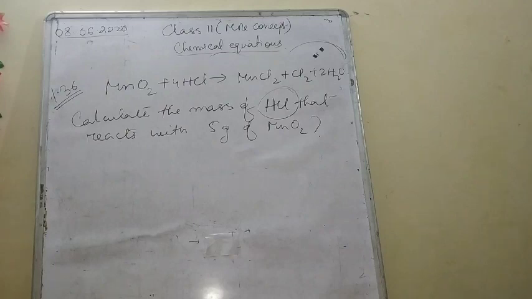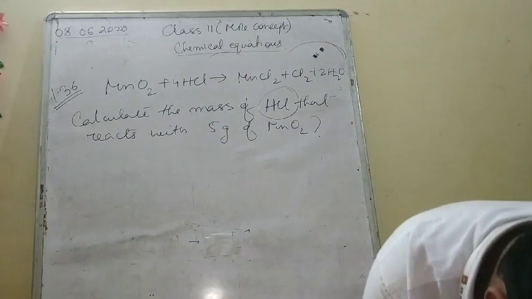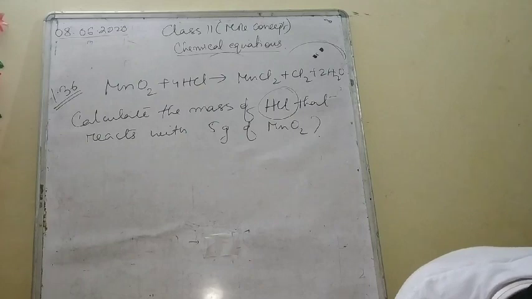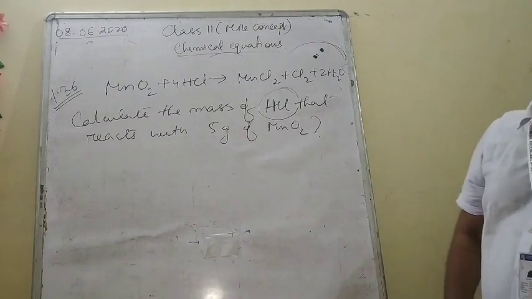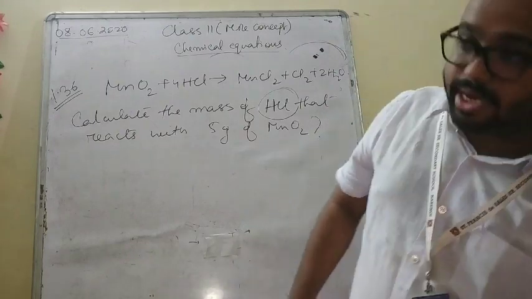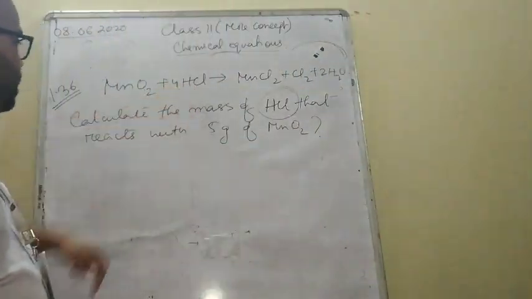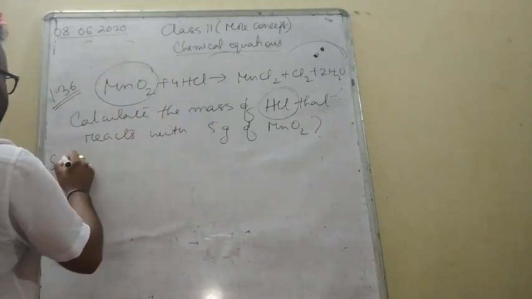And the question given in your last part, if I verify it from a book, the NCERT board question, yeah, it's correct. How many grams of HCl reacts with 5 gram of manganese dioxide? Yeah, this is the question. So they have asked you the mass of what? HCl, and they have given you the mass of what? Manganese dioxide. So you write the original one first, as I told you.